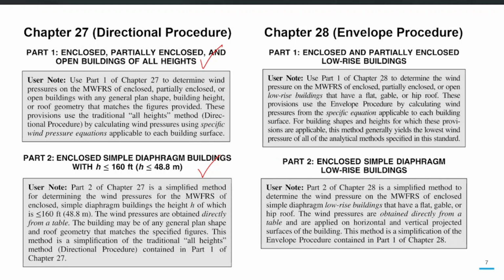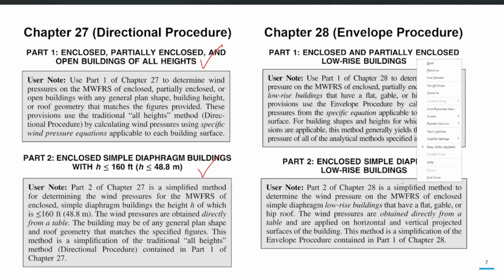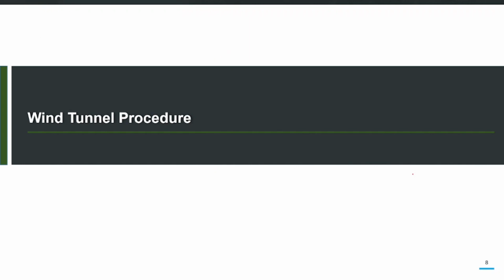Then envelope procedure chapter 28 also has two parts. The first part is low-rise buildings which are enclosed and partially enclosed, and the second part is enclosed simple diaphragm low-rise buildings. So mostly the conventional building code applications are for low-rise buildings, for regular shape buildings, and mostly the